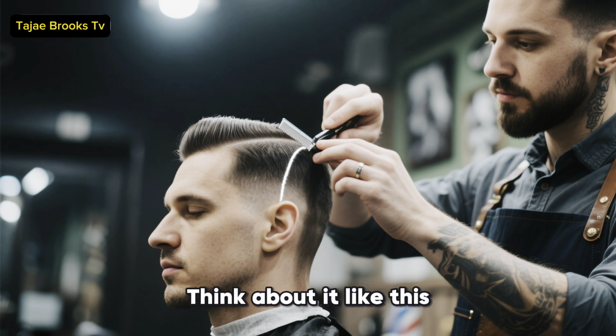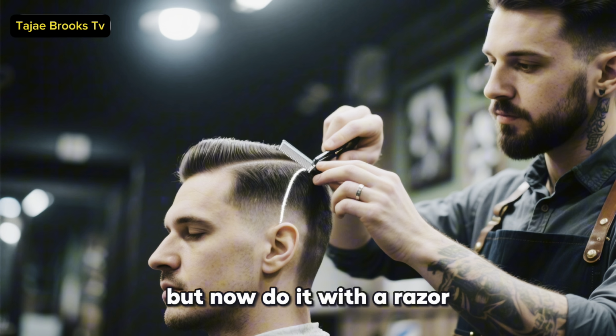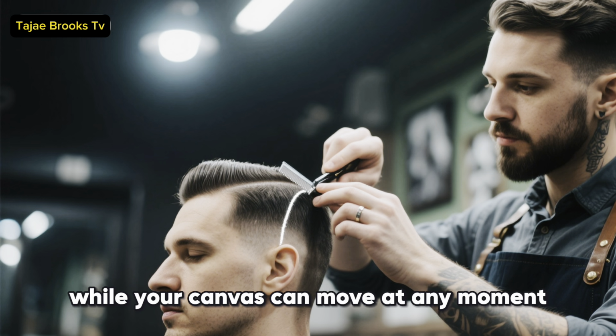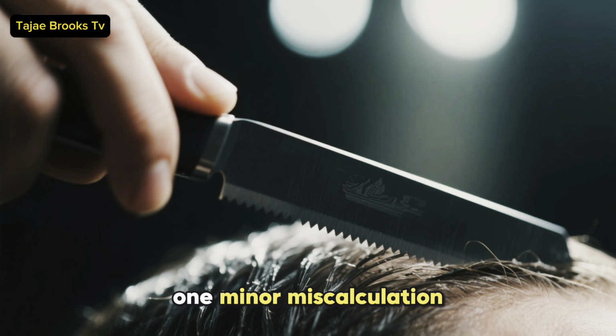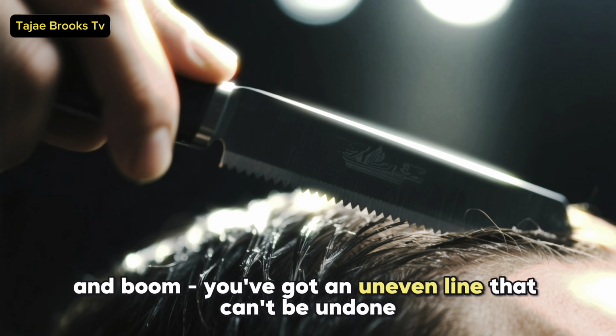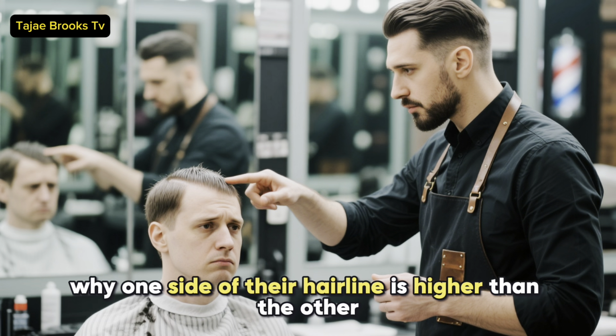Think about it like this. Imagine trying to draw a perfect straight line, but now do it with a razor on a curved surface while your canvas can move at any moment. One slight tremor in your hand, one minor miscalculation, and boom, you've got an uneven line that can't be undone. And trust me, there's nothing worse than having to explain to a client why one side of their hairline is